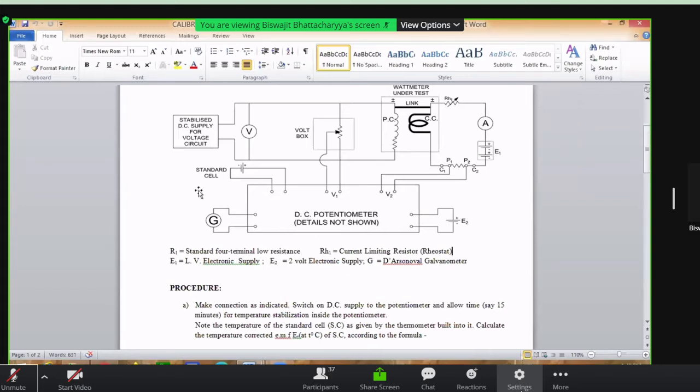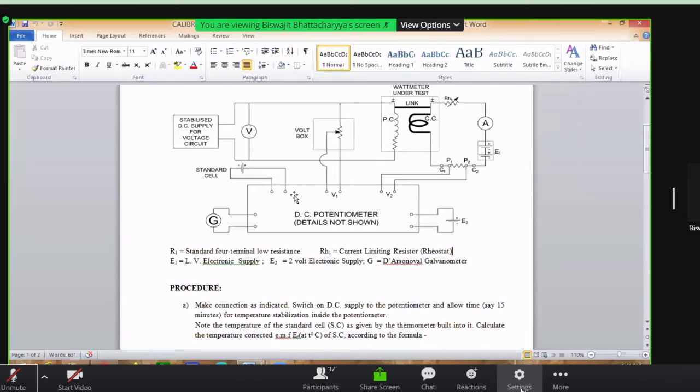And when our galvanometer reading is at null, it means that our potentiometer input voltage inside the slide wire is exactly equal to the standard cell voltage. Okay. Now we keep that standardization. First we connect the standard cell, then we wait for 15 to 20 minutes. Why? To stabilize the temperature of the environment.